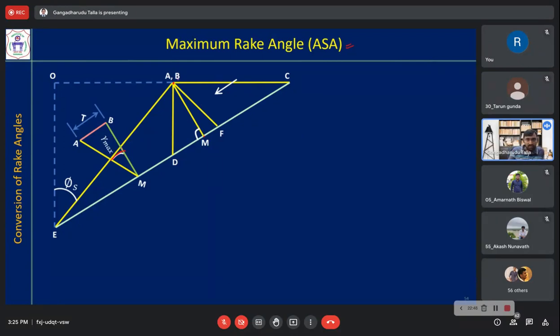If you see another triangle, let us say ABF, whatever triangles you draw with the same length, you will see that gamma is less than this. Similarly at any other angle. Only when this is vertical are you getting the maximum rake angle. Observe carefully, and if you have any doubt, please ask me.